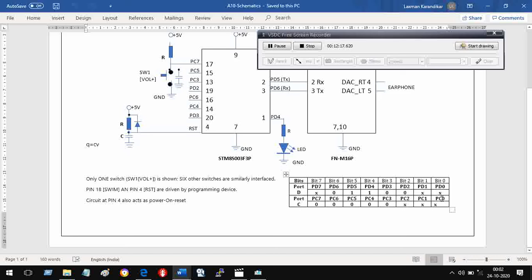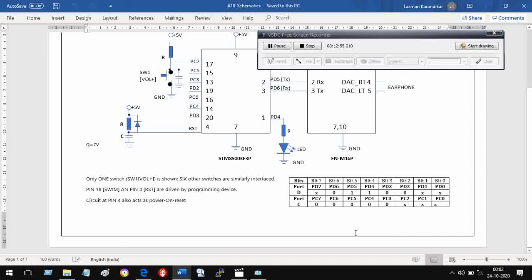Some of them are brought out on the pin, on the chip. Some are not brought out on the chip. So in our microcontroller, we are using only these pins. So port C, what pins am I using? Port C 3, 4, 5, 6, and 7. I am using 3, 4, 5, 6, 7 in port C. So we call them PC0, PC1, PC2. We are not using them. Then PC3, PC4, PC5, PC6, and PC7, those we are using.